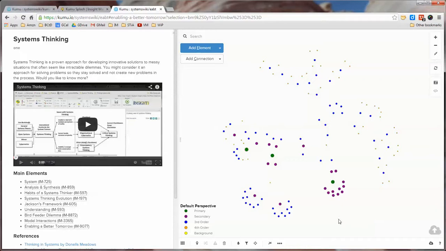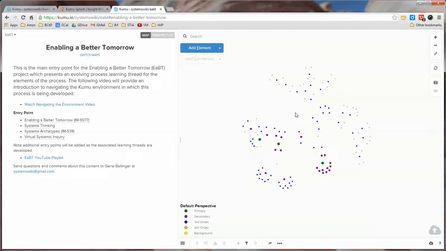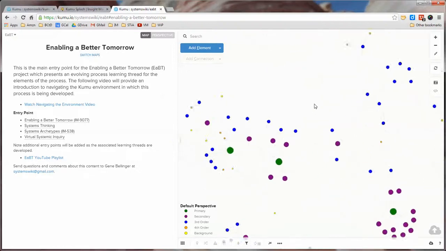So you have a number of different ways to navigate around in the map, and to this point, I have found the options extremely robust. It gives me a way to get around in a comfortable manner, regardless of how large the map gets to be. The other thing that I'll offer is that if the map gets to be extremely large and complex,